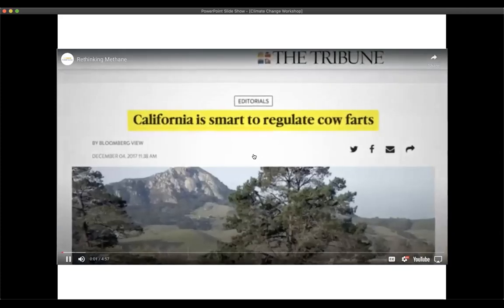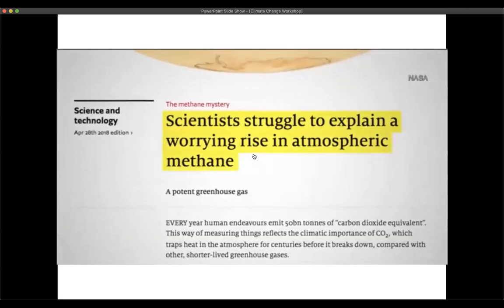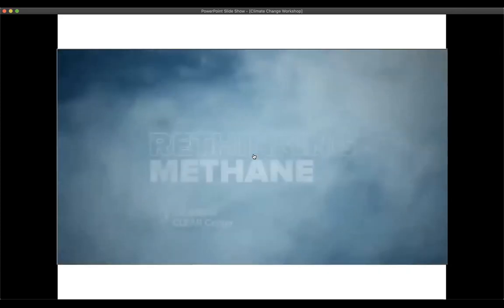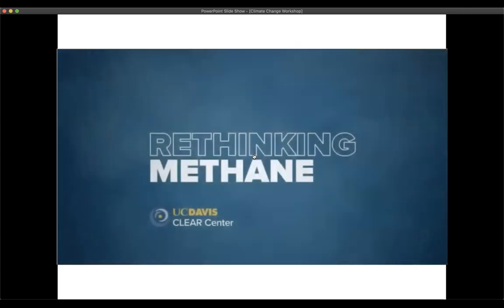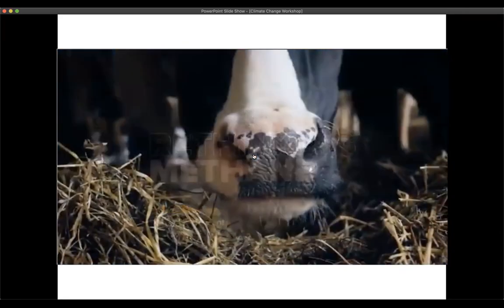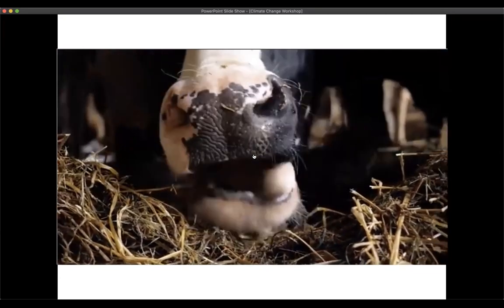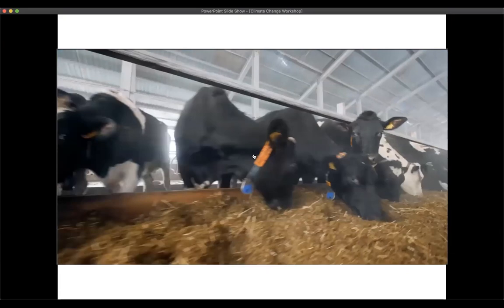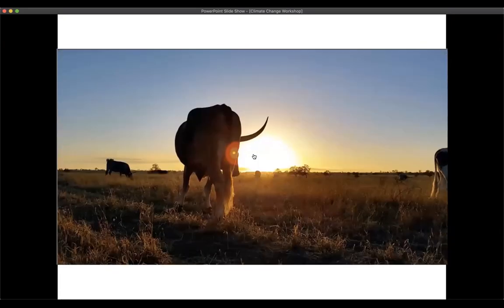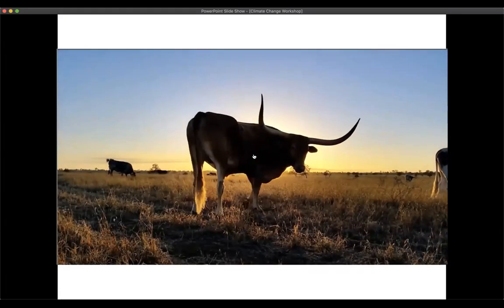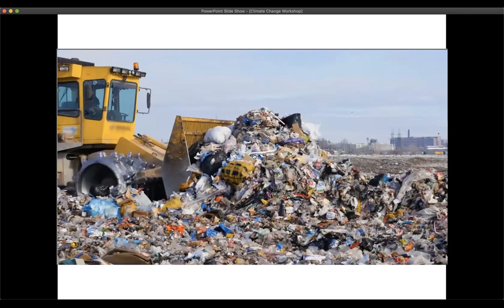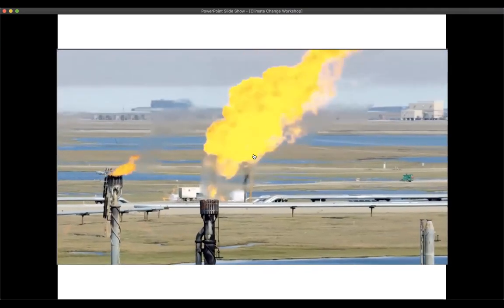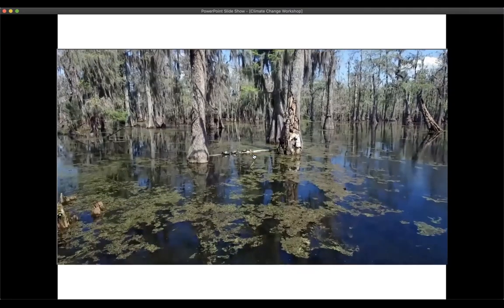What if I told you that cattle could be part of a climate solution? That's interesting, right? Well, it's true. And it's because of how methane works. Let me explain. Cattle emit methane, which is a strong greenhouse gas. And we need to make sure we're not emitting more methane. But if we can decrease it, then good things can happen. Methane is a greenhouse gas emitted from various sources. There's fossil fuel extraction, wetlands, and ruminant animals.